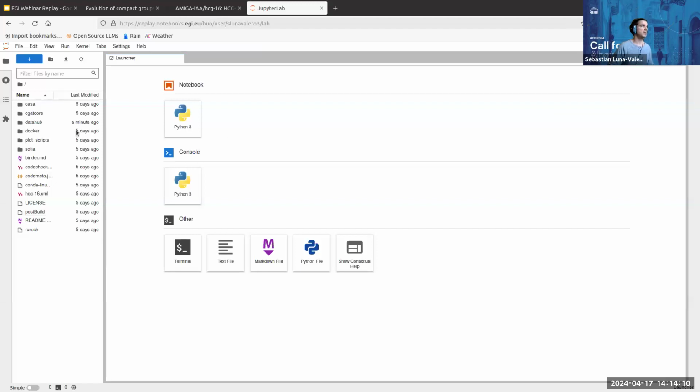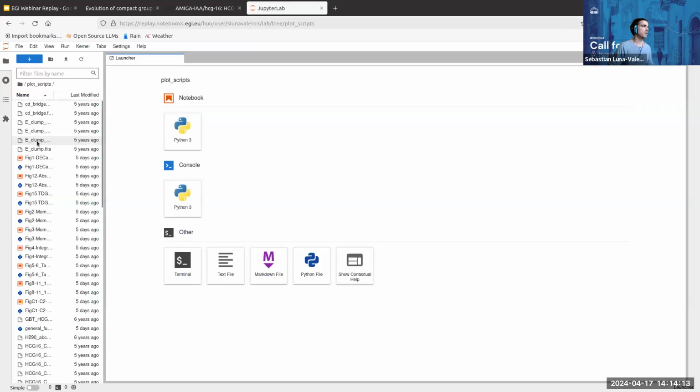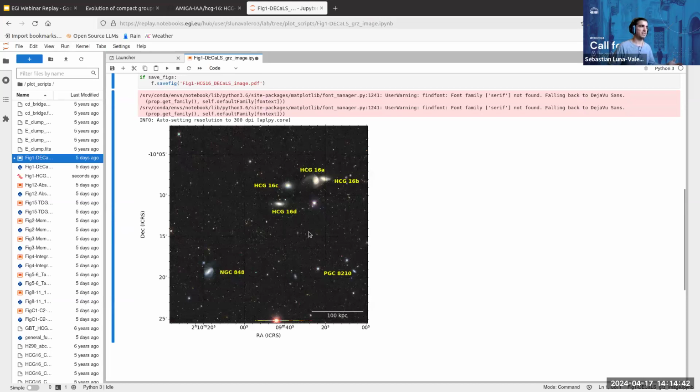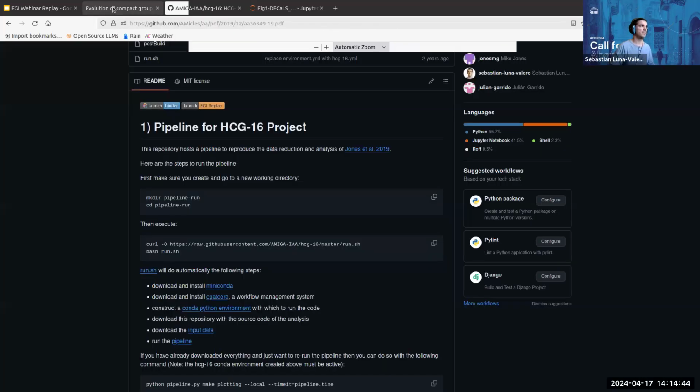So I'll go to JupyterLab. This is inside the plot scripts. You see there is a notebook per figure. I open the figure 1 notebook and I click on Run All. I think Jupyter Notebooks are pretty famous these days, so no need to present them in detail, but basically here you can combine code snippets with text and also with images, and that's why it's so convenient. But basically you are building the image and explaining how you build the image. And then in the end, you see you get the same image as in the paper.